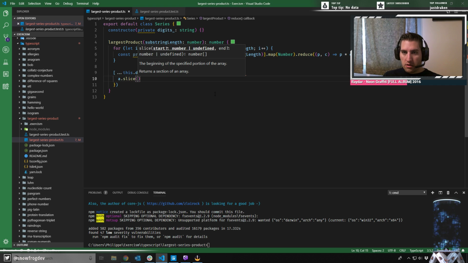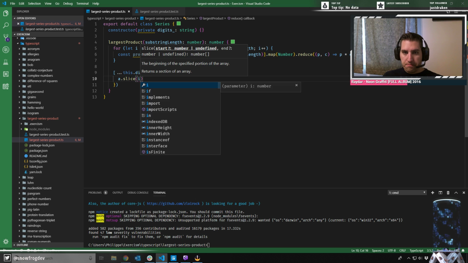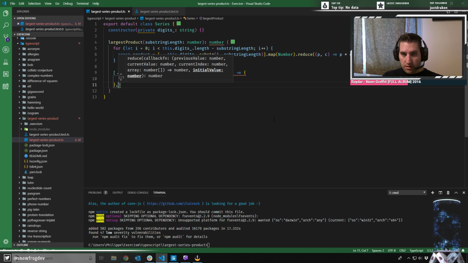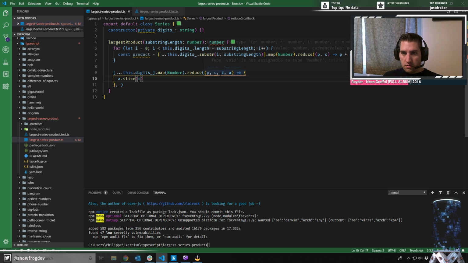That would have been simpler, but so I start inclusive at I. Then, okay, so I need to start this thing with, actually, it might be easier if I don't do my map here. If I just do minus infinity, let's say,